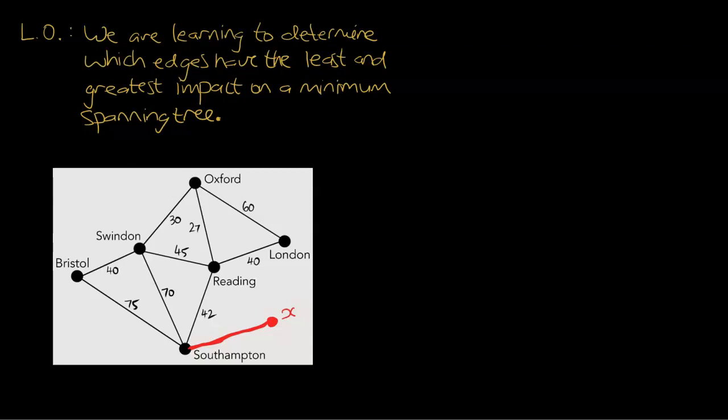Today's learning objective is in yellow. We are learning to determine which edges have the least and greatest impact on our minimum spanning tree. So minimum spanning trees are the key part to this video, but we're going to be doing a few of them, and